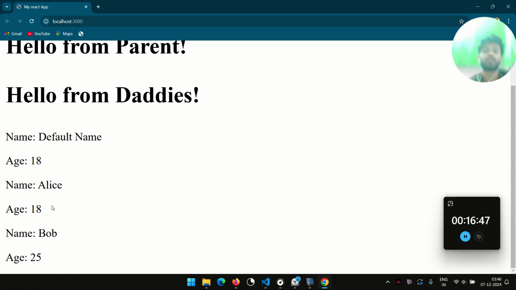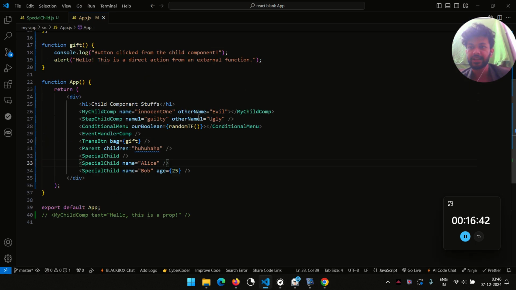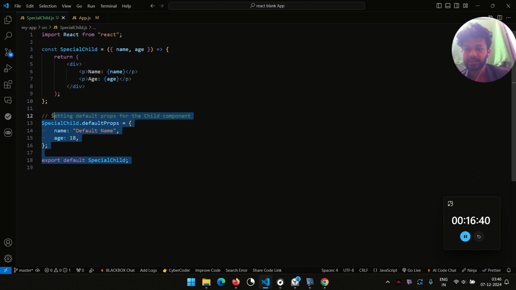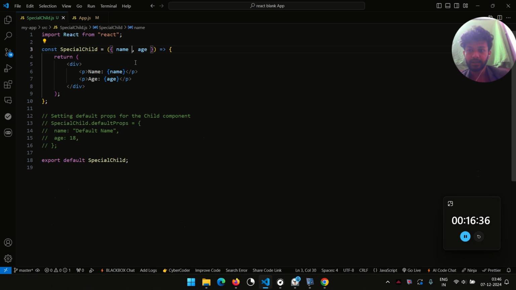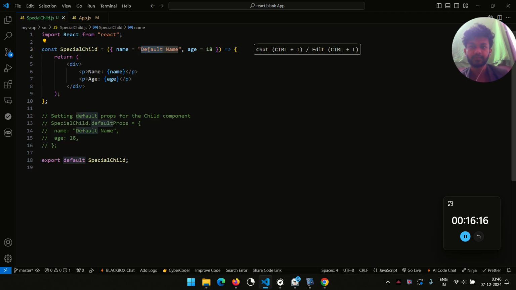Now this is one way, and there's one other way we came to know, that is not writing that much code for the special child component. That means you can just get rid of this part and assign it some default values, like default name. I suppose this is how we do it. I don't know if we use equal signs or semicolons. I have no idea, so let's just try seeing it. Does it work? Okay, that works the same. From default name, we're gonna name it